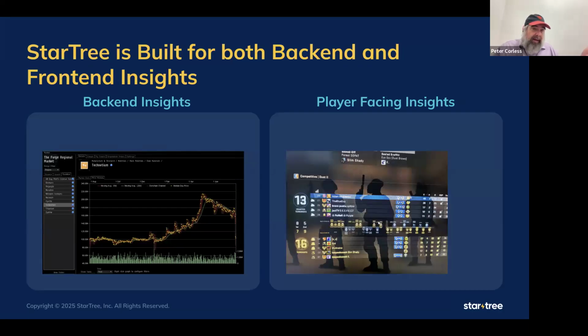As I said, you can do back-end insights for observability, and you can do player-facing insights. You can either do pure-play observability, just performance monitoring, et cetera, or you can blend this with things like leaderboards and more business-oriented things. One of the most interesting things I've been hearing about is taking customer support tickets and finding out how many support tickets are tied to specific observability incidents. So maybe this server went offline for a couple of minutes, and we can correlate how that impacted customer satisfaction, as an example.